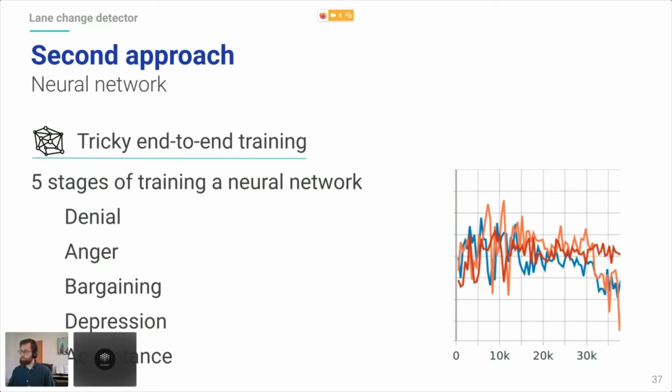And just for context, on the right, you can see these training curves that you spend a lot of time looking at when you train neural networks. In this example, of course, there's no context, but here, these lines, first of all, are not supposed to be squiggly, and they're quite squiggly. They're all supposed to be kind of the same, which they're definitely not, and they're all supposed to go down. So these are the kind of challenges you face when training neural networks, and they can be quite